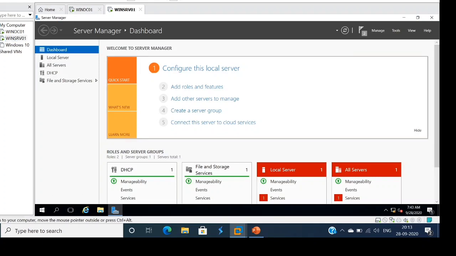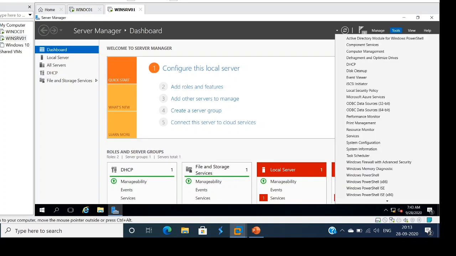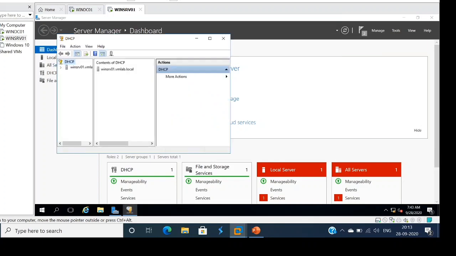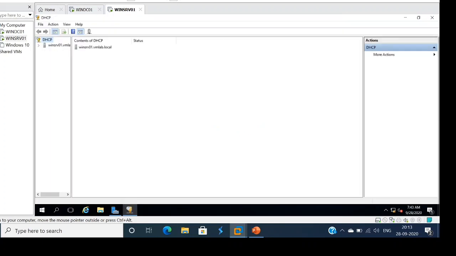On SRV01, I have already installed the DHCP role. To check, just go to Tools, and here we have DHCP. Expand WinSRV01, IPv4, IPv6. We are not using IPv6.